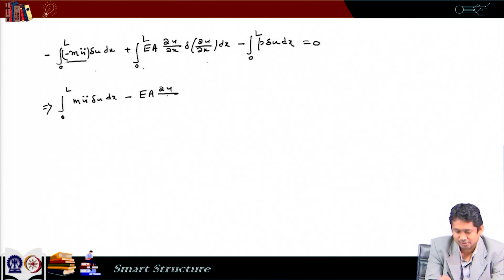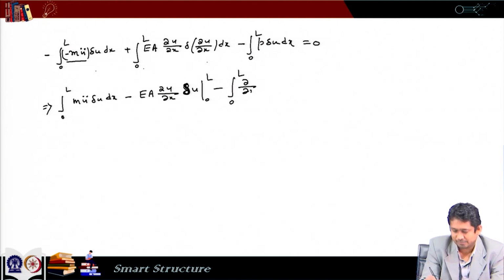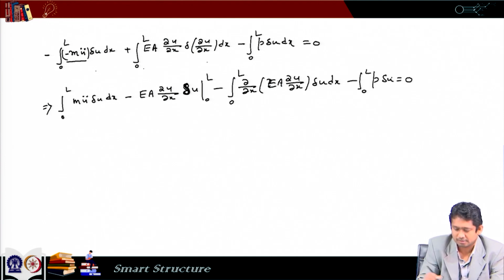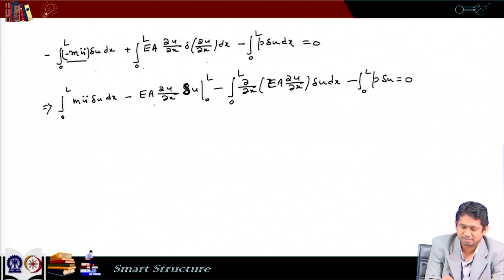We have done it before while solving the static problem, and this is del u evaluated between 0 and L, evaluated at 0 and L, and then we have dx minus, and given the boundary condition, this term is 0. So, we are left with this, and that gives us an